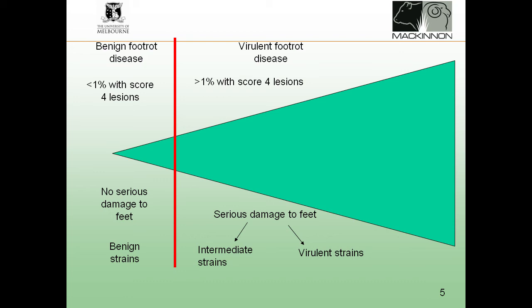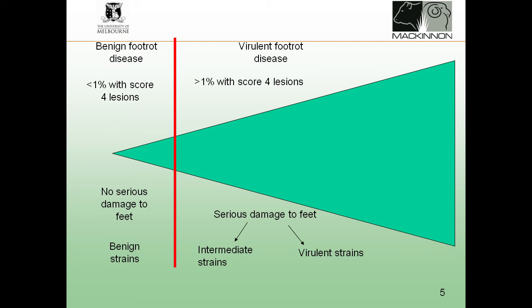And obviously there's a spectrum of virulence where it goes from a low-grade strain, just a little bit more than benign, up to highly virulent strains where it's very easy to make a decision to eradicate. It's more difficult when it's around this level here. Okay, it comes down to more of a sheep trading issue. If you're above this line, you're in self-imposed quarantine and selling straight to slaughter, although some people still sell through sale yards, through ignorance as much as anything, when they've got above that line sometimes.